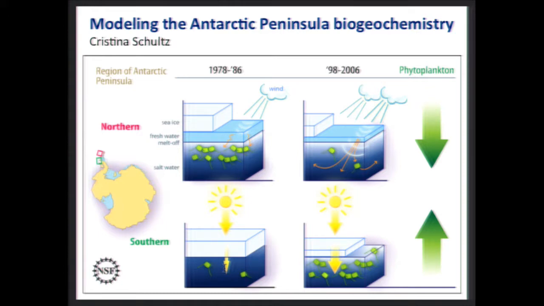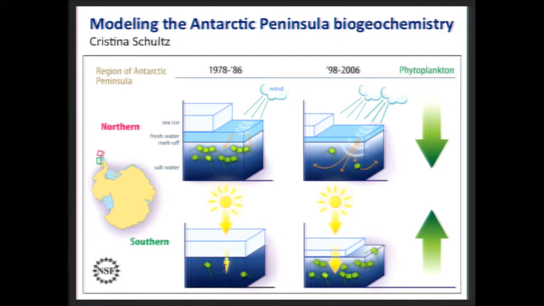This is a region that has been changing a lot over the past few decades. You have increasing temperature in the surface ocean, and you have decreasing sea ice. And that has led to several changes in how the ecosystem is working. If you look at the northern part of the domain, you used to have areas that were covered by sea ice, and now they have less sea ice, which means that there's going to be more mixing and less phytoplankton. And if you look at the southern part, you have areas that were covered by sea ice, and now their phytoplankton has access to sunlight, so it has increased, which is cool, but sea ice is not necessarily